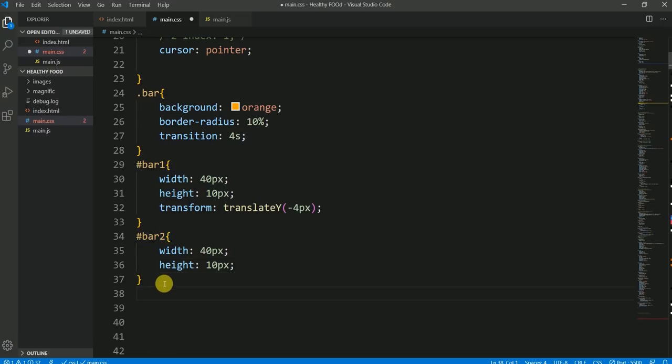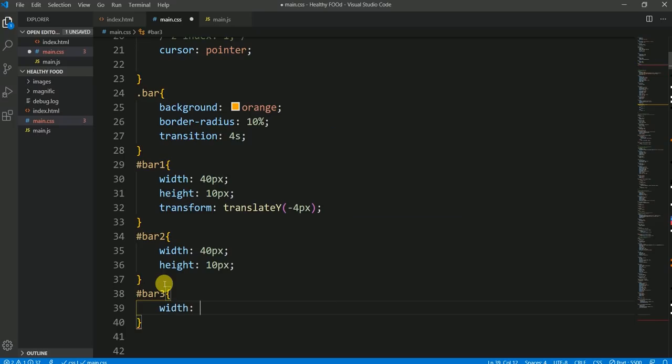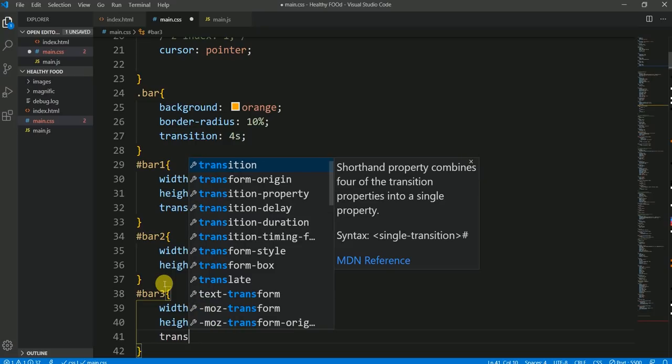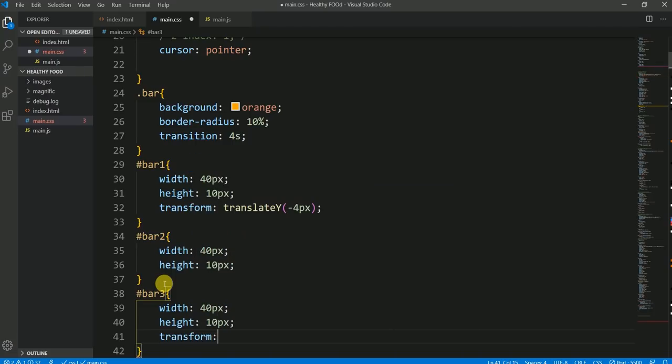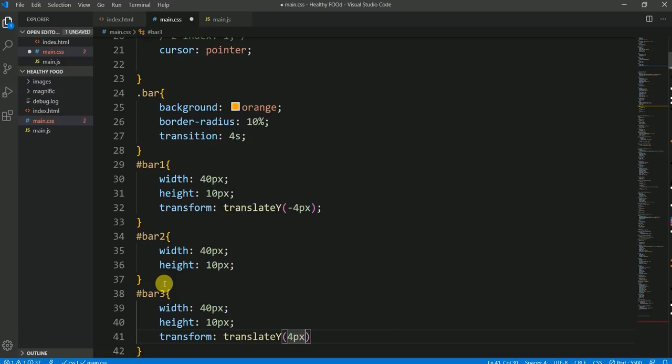Now I'm going to work with the bar 3, and this bar 3, the width would be 40 pixels, height 10 pixels, and translate y and 4 pixels. Okay,